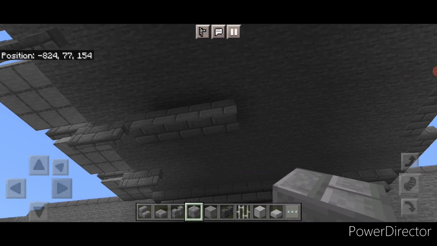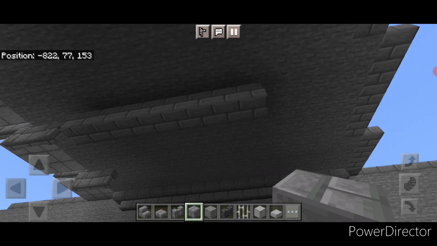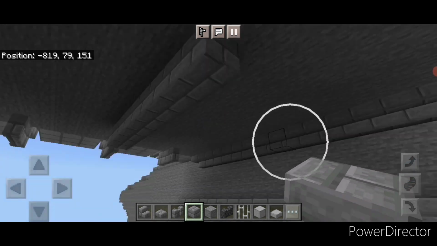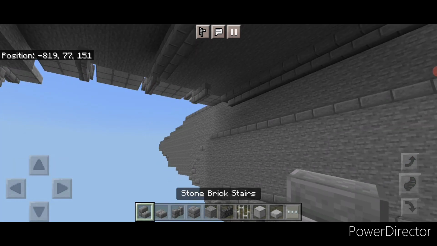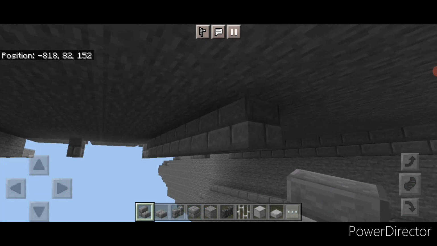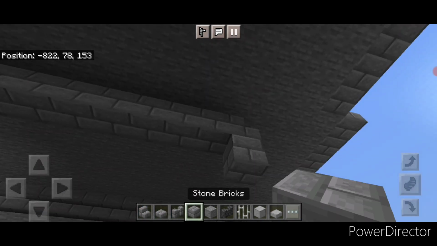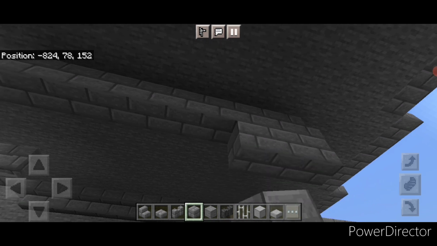Then in front of that, a line of 8 stone brick blocks coming forward. And then up here on the front of this, we're going to put a forward-facing stone brick stair, right side up, like this. Then start under the front stair and bring a line of stone brick blocks back under here